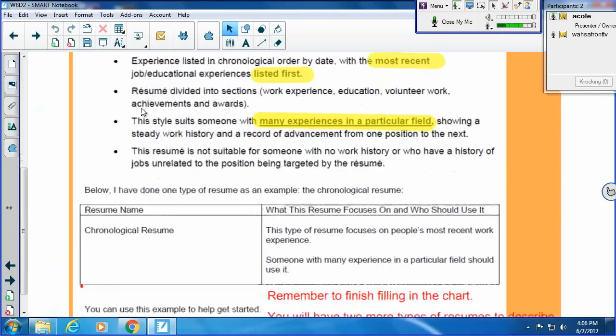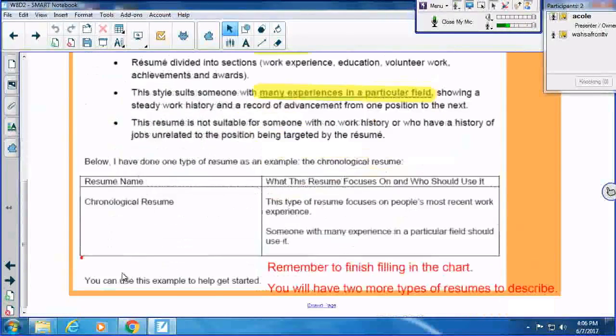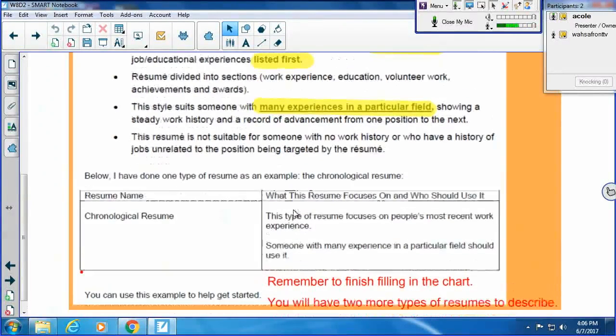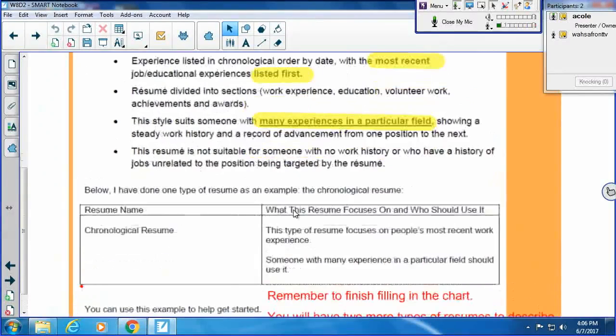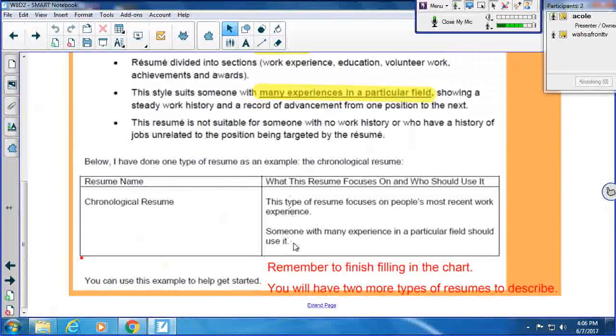So if we're talking about filling in this chart, you take the name of the resume and you put it on the left. So on the left here under resume name, I put chronological resume. And then on the right, I answer these questions: what this resume focuses on and who should use it. So I say this type of resume focuses on people's most recent work experiences, or experience, however you want to explain it. Someone with many experiences in a particular field should use it.